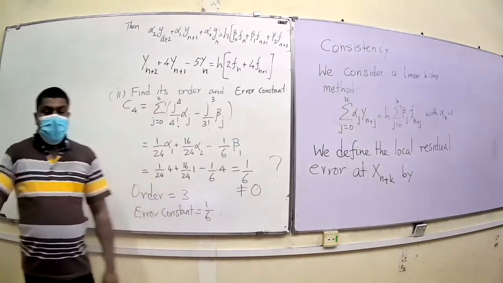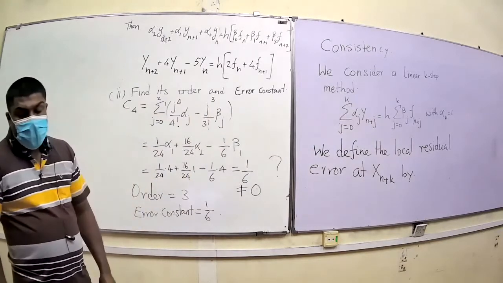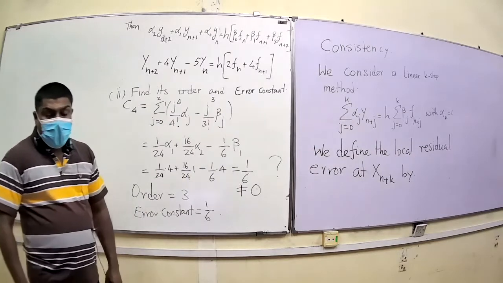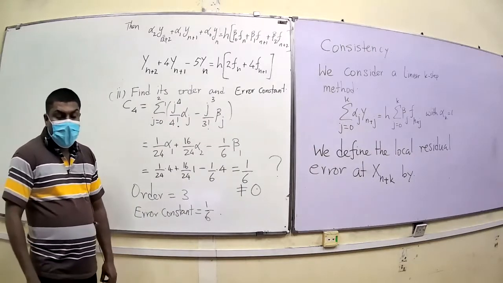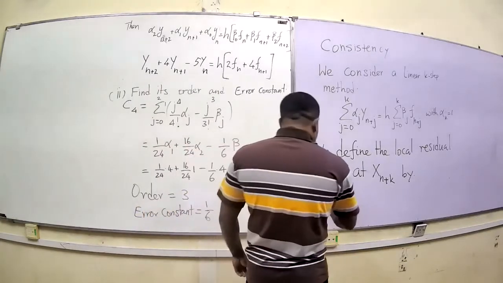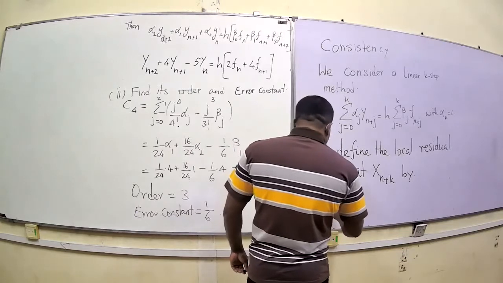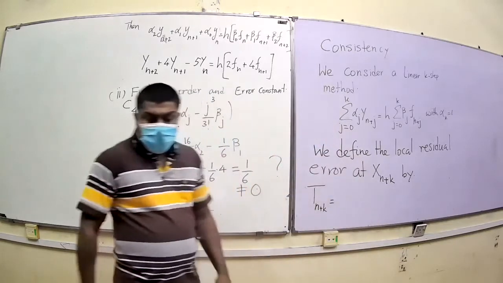So first, let us define what we mean by local residual error at y n plus k, x n plus k. We define it as T of n plus k. That is basically